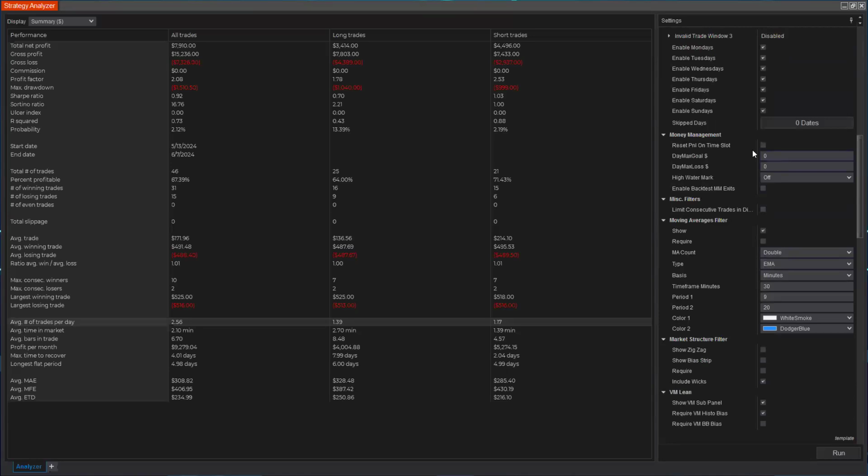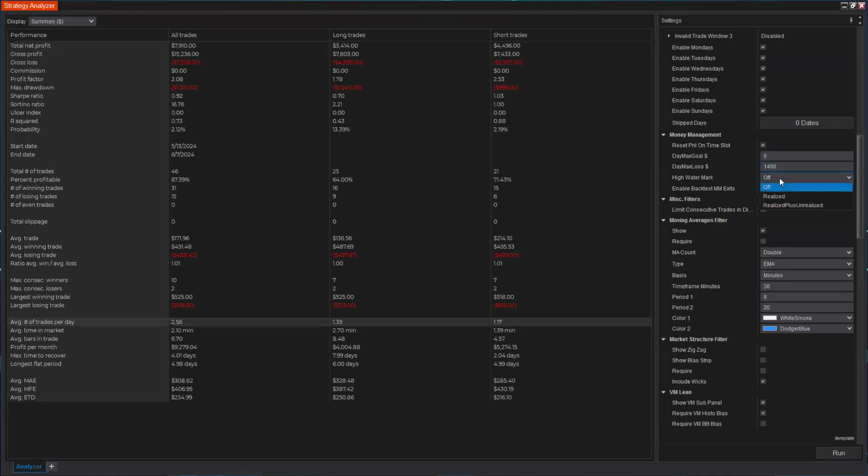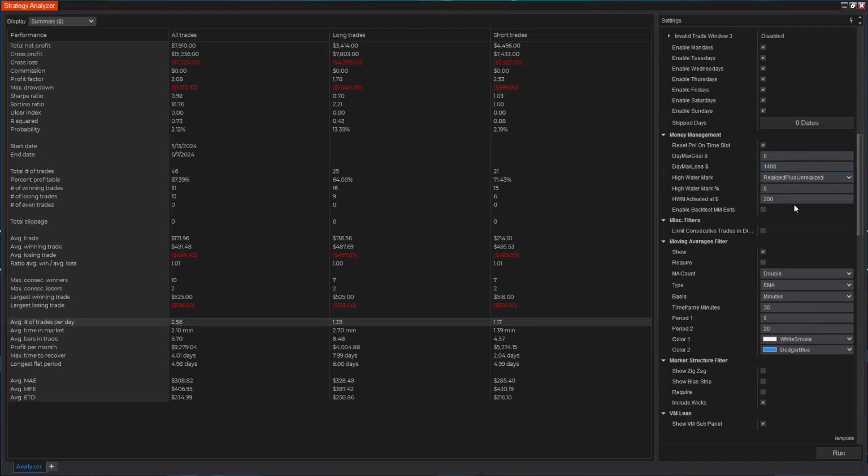All right, so here we go. Always reset P&L on time slot, because we're day traders, so it does need to reset every day. Daily max goal, we're not going to use, but we are going to use daily max loss. We'll go 1,400. That way, if it goes above that, it'll stop trading. So you would be down 3 trades and it would stop. High watermark, let's just do realized. We'll just keep it simple. If I'm above 1,400 in realized profit, I want, oops, this one, I always do these backwards. 1,400 in realized profit, then I'm going to set high watermark to, let's do